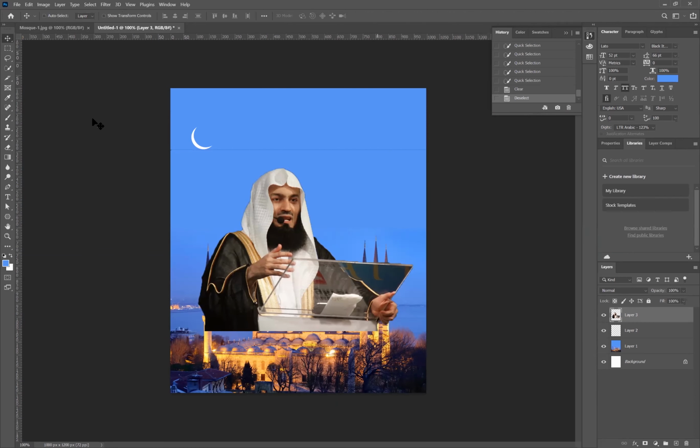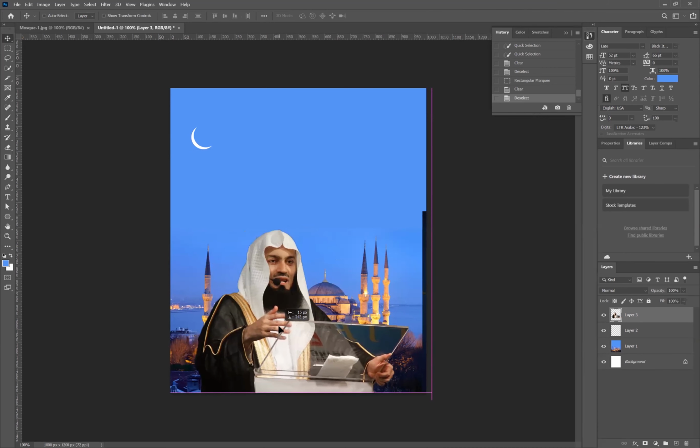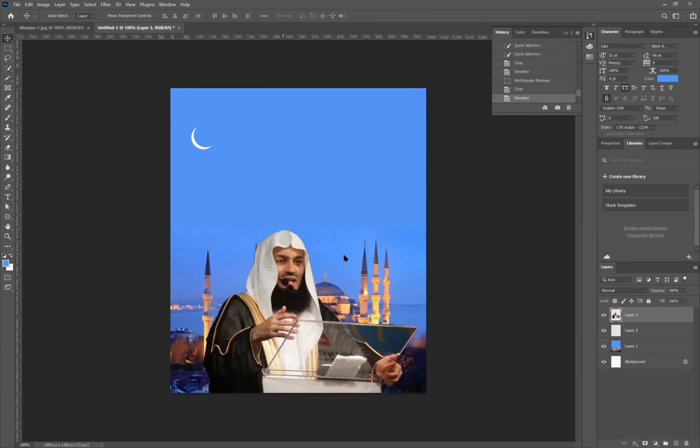You will get these small lines; with the help of the rectangular marquee you select this part and press delete. This will disappear. So is this okay and clear with you people? This is how you delete the background area of any picture when you are creating a poster or event flyer like that. So this quick selection is very important. You always remember this is called quick selection.